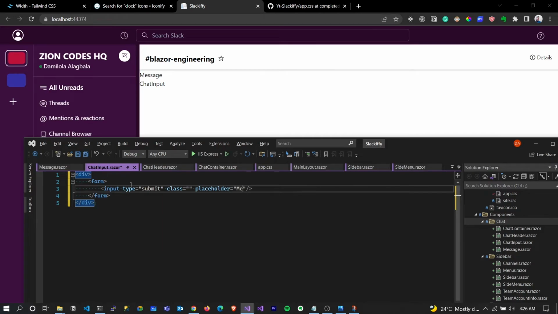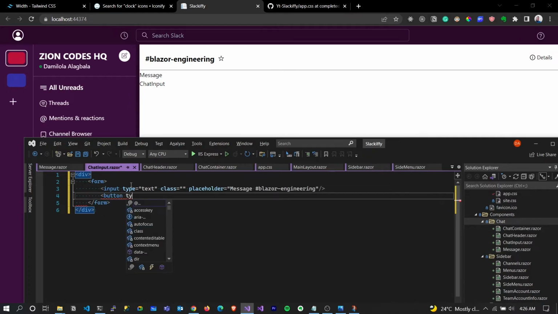and this order, say message, please, engineering. It should be a type of text, not submit. And we also want to have a button with a type of submit,